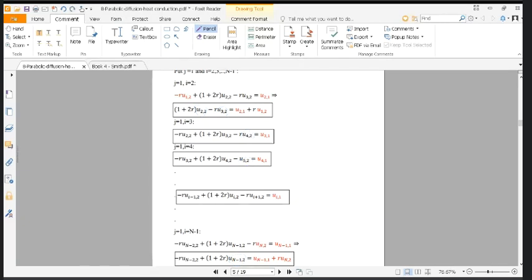As coordinates, the vector of unknowns is